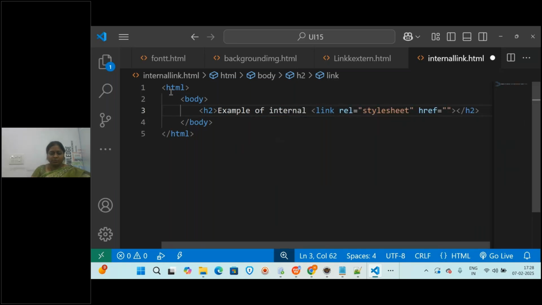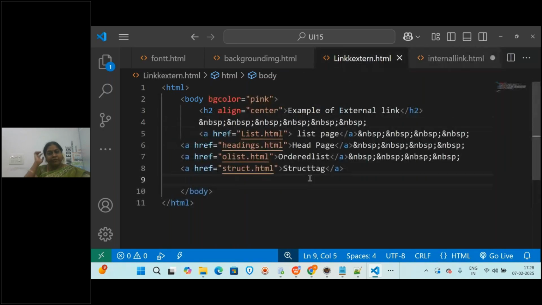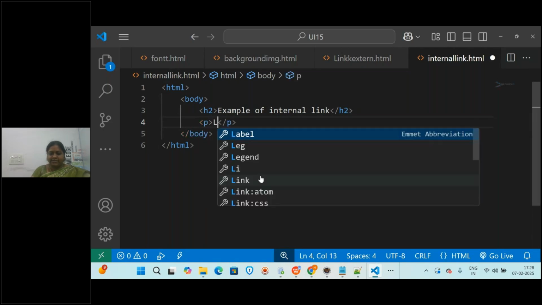Now, here we have provided different links. If you observe, when you click, it is moving to that particular page. So now what I will do here for the internal link, I will write a few paragraphs, and I will be writing first about the list.